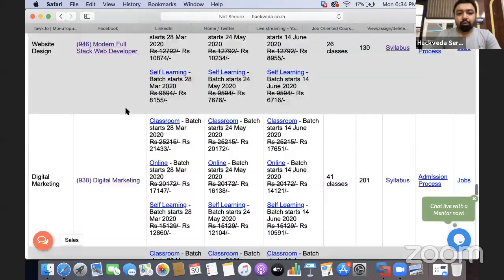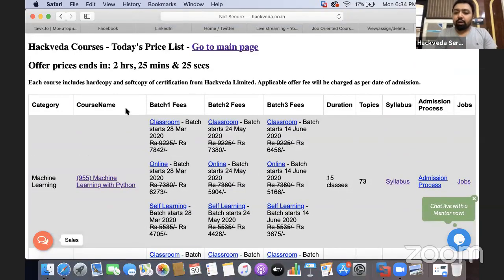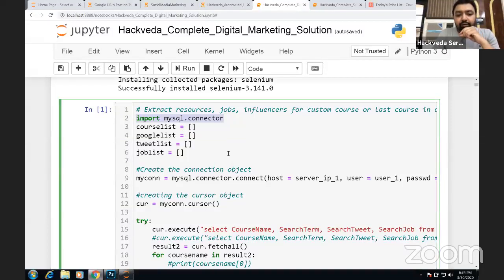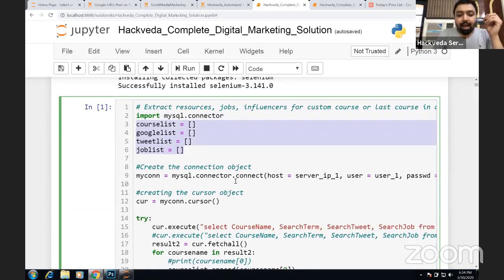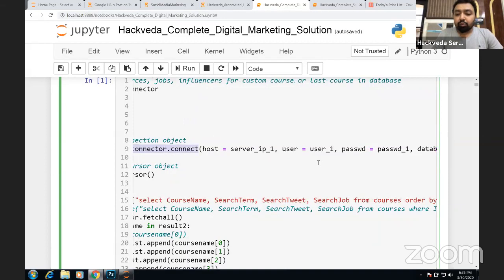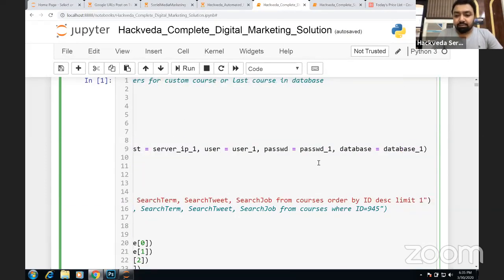Now we are going to see how we are going to grab this information in Python, and then we will be able to perform some analysis and tagging on the basis of products which are available with us. Here in our cell, we have created 4 empty lists like job list, wait list, Google list, and course list, which we are going to use further. Then we have used the library MySQL connector, and we have executed a function known as connect in order to connect to any database service,